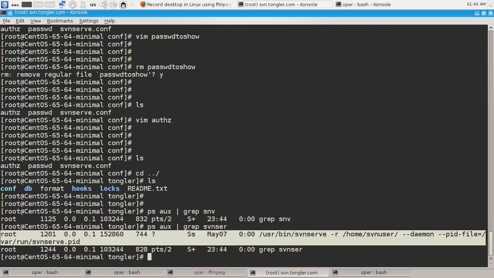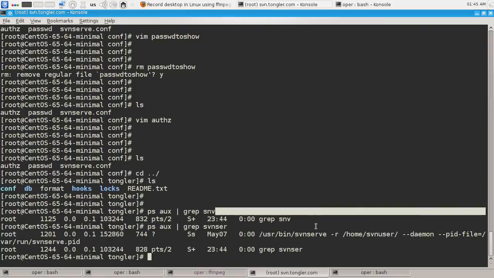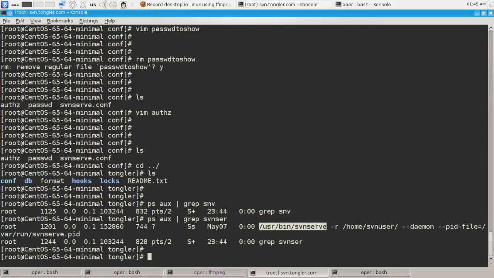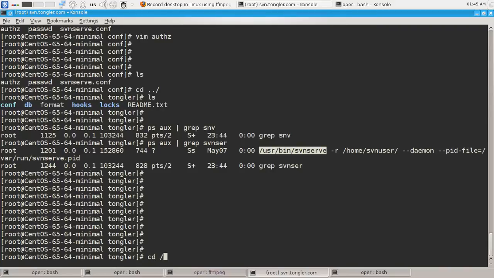If I'm not mistaken, you should feed it the customized configuration file, or you should say where the home of SVN is. Actually, maybe I should show you how it is done. etc